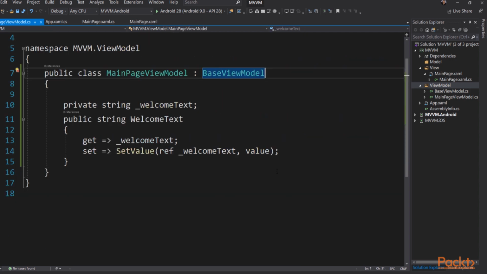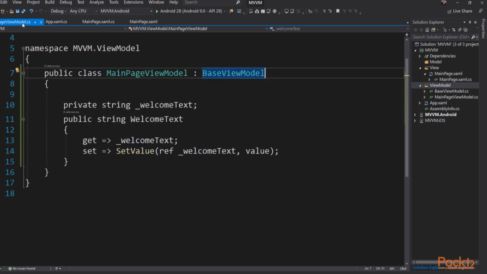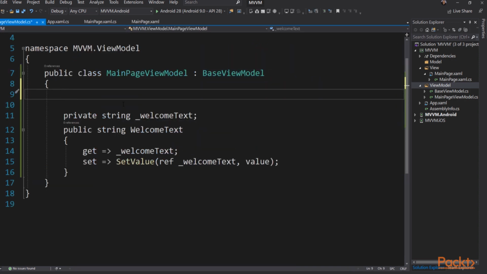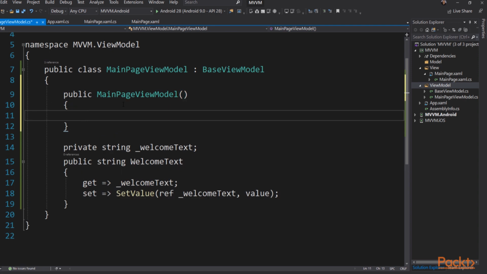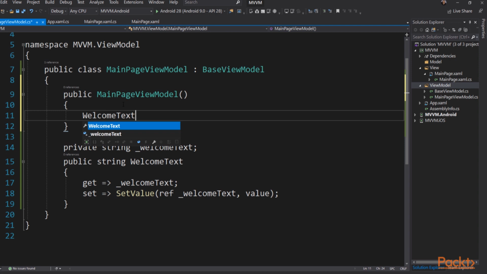So back in main page view model, we now inherit from base view model, which allows set value to work. Back in XAML, we can see we're going to bind to welcome text. And in the main page view model, we can see that we have welcome text, but we haven't initialized it. And of course, that value can come from virtually anywhere. We're going to create it in the constructor just to get a value in there. So we're going to say welcome text equals hello pack,